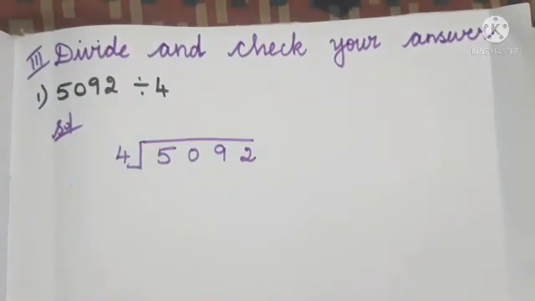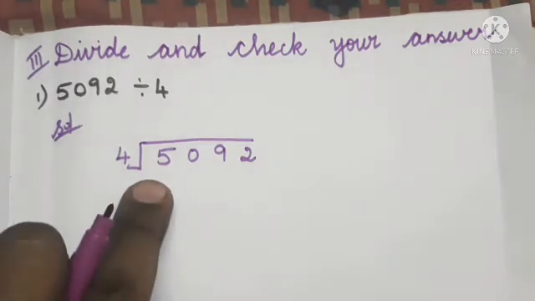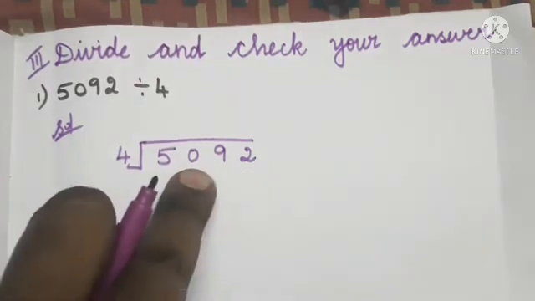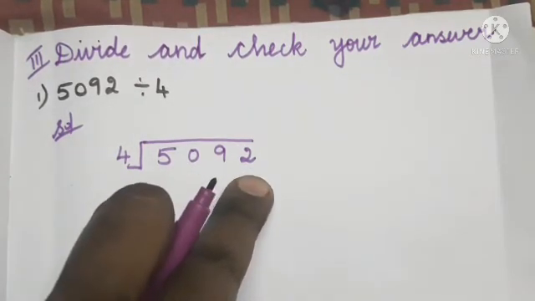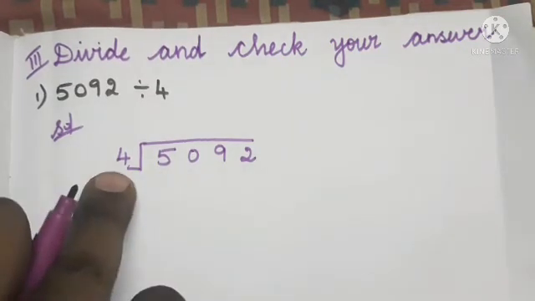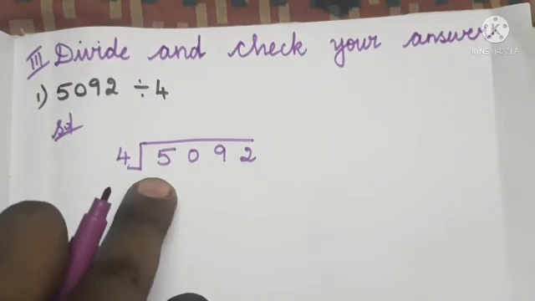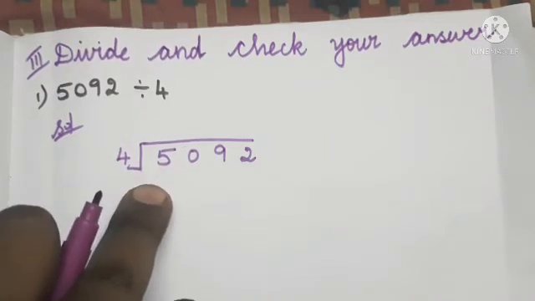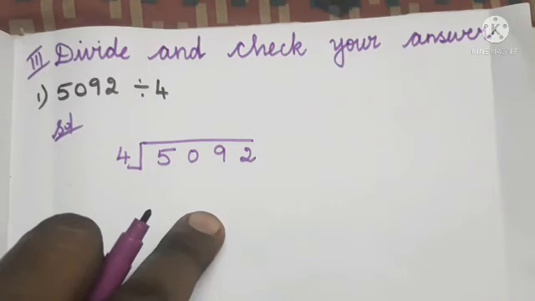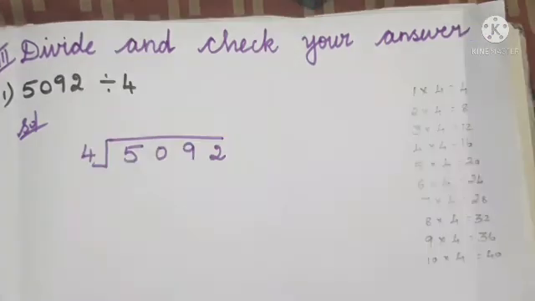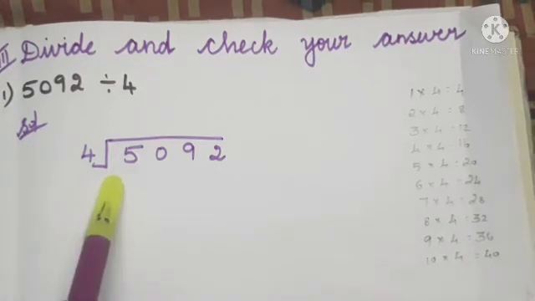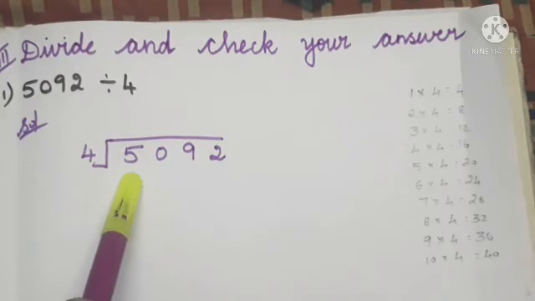Now we can start to divide the number. Here this is the 1000 place, 100 place, tens place and ones place. First we have to start with the 1000 place value. So in the 1000 place value what do we have? Yes, we have 5. Before that we can write the fourth table, so it will be easy for us. Here I have written the fourth table. So we take the 1000 place value, we have 5, so we start from the 5.